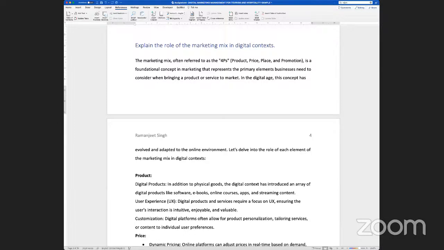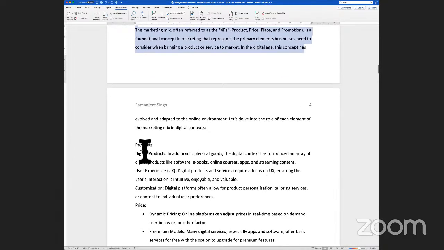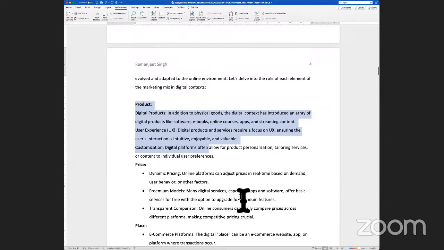And because it says explain, you have to set out in detail the meaning of marketing mix first. That is why I've started with the definition of marketing mix. And then after that, you have to give reasons. So you have to explain marketing mix first in at least the context of the 4 P's, and because we are discussing digital marketing, it is understood that you're not going to be discussing the marketing mix generically, but from the point of view of digital products or the digital side of things. So that is where the reference to products that can be sold on the internet would need to be made.